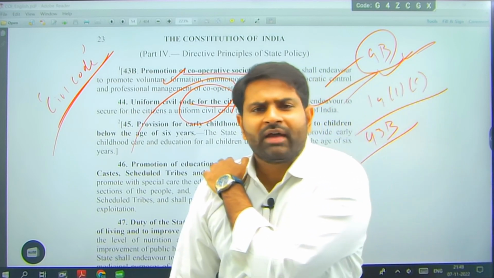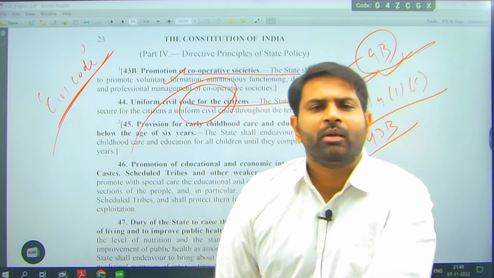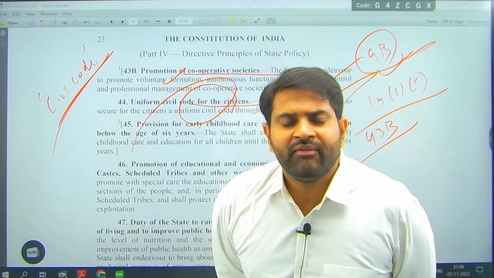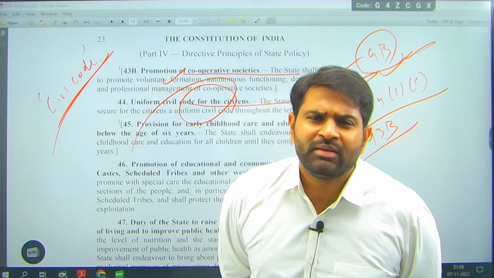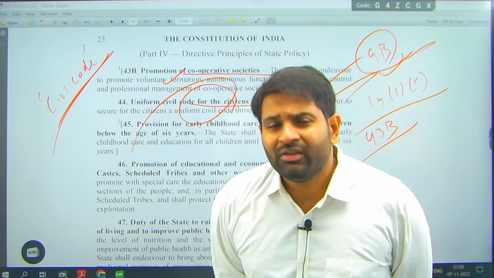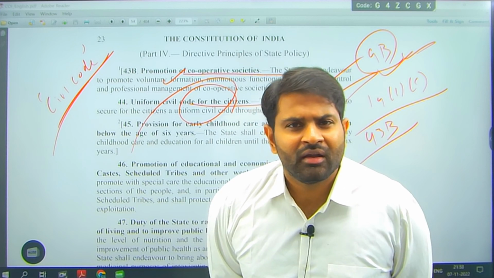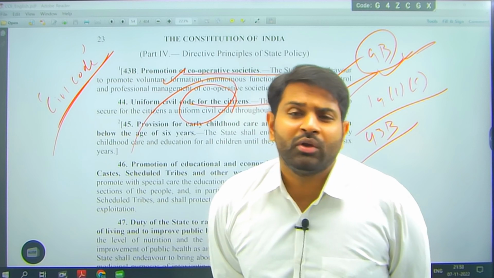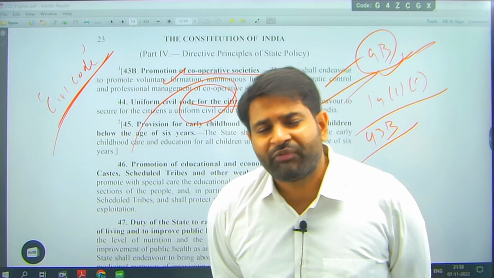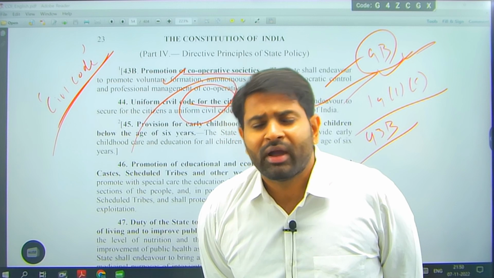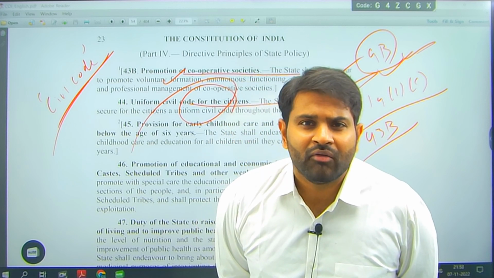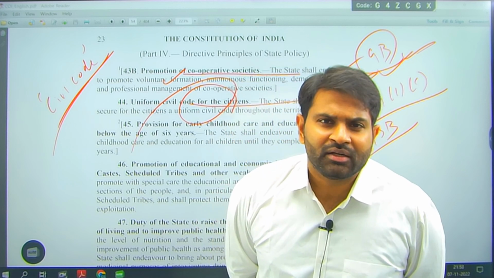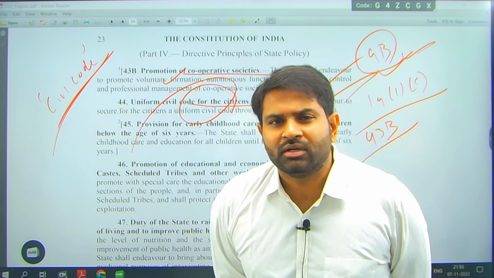So when I am going in traffic, and the traffic police catch me for jumping the signal, will he find me as a Hindu or a Muslim or a Christian? He will find me as a citizen of India, right? The same way, when I get married, if I want to give a divorce or if I am fighting for succession rights, why am I judged based on my religion? Why do I have a separate act?